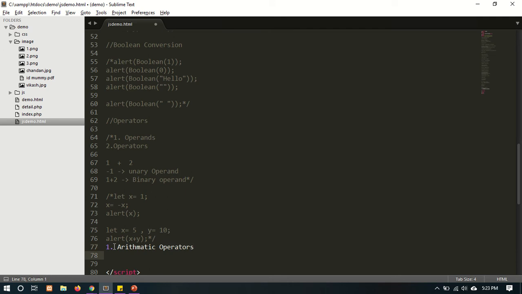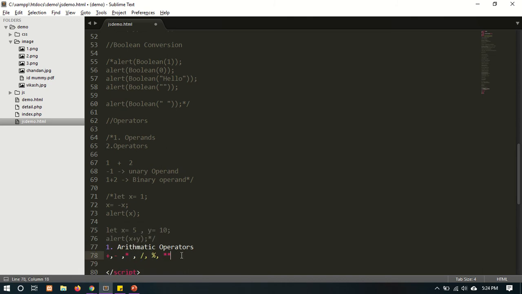In arithmetic operators, there are plus, minus, multiplication, division, then modulus, and one more, exponential, meaning double star. These are the arithmetic operators.